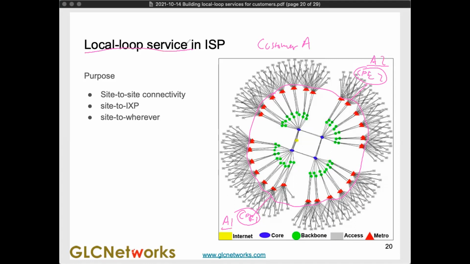For example, I have one case in Africa. We support an ISP in the DRC, in Congo. You have something similar, site A1 and site A2. They have a CCTV over here, and lots of manufacturing over here, and this is their HQ. What they want is for the CCTV over here to connect to the server over here, and that's why we give them a local loop service. So some case studies are site-to-site connectivity,